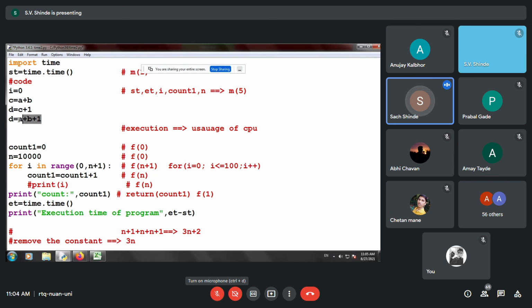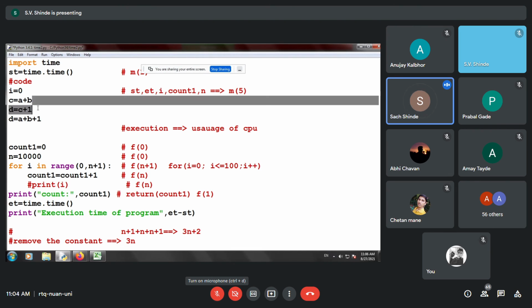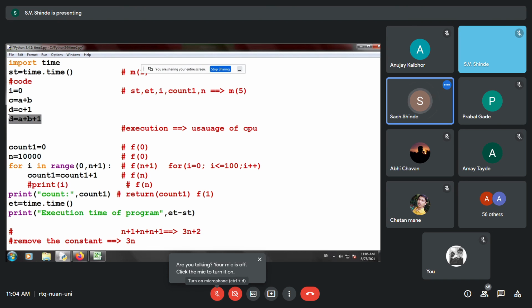Instead, I directly write D is equal to A plus B plus 1. Everyone getting the concept of how to reduce the space and how to reduce the execution time? Over here, instead of executing these two instructions in a for loop, I execute only one instruction in the for loop. That will be better.